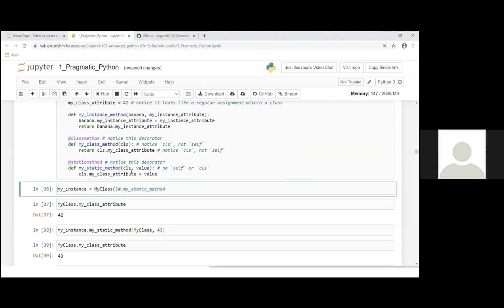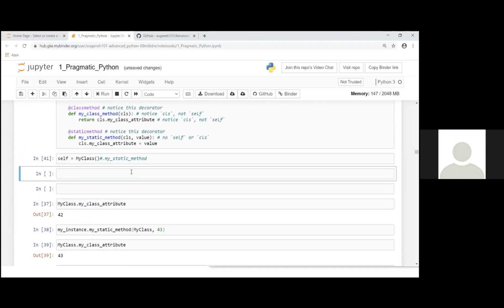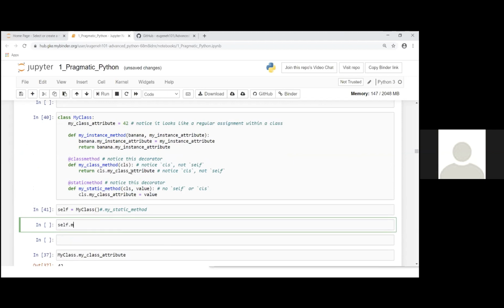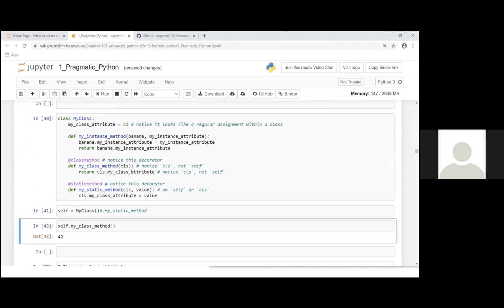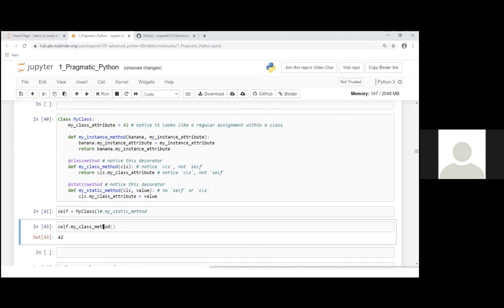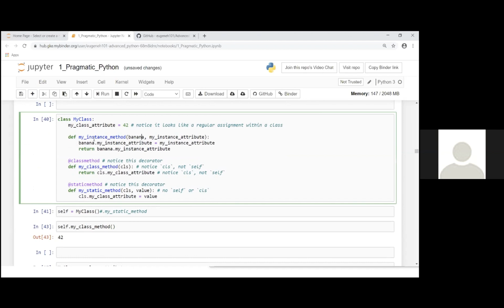In fact, you can name some object self, and self dot class method, and it would still work because you get the class method. So self is not a special keyword. It's just by convention. And so when you have an instance method, you're really just typically mutating the instance attribute, getting an attribute, setting an attribute, calling a method on it.